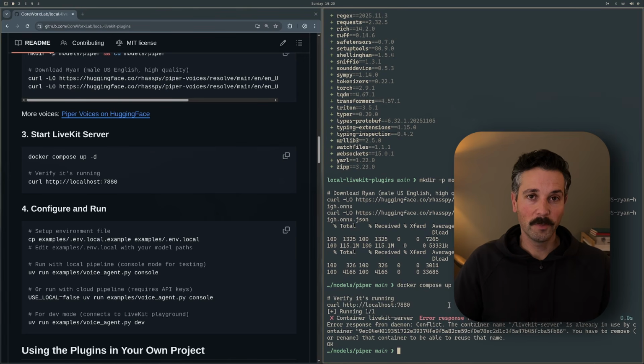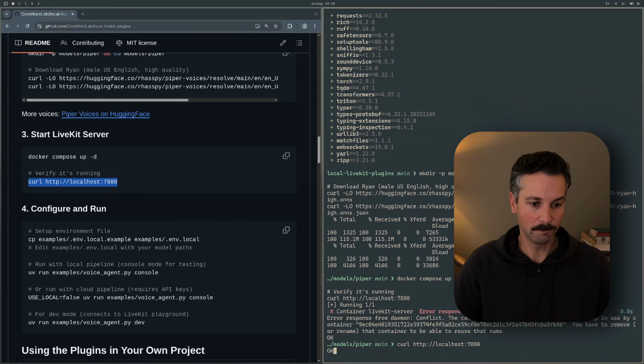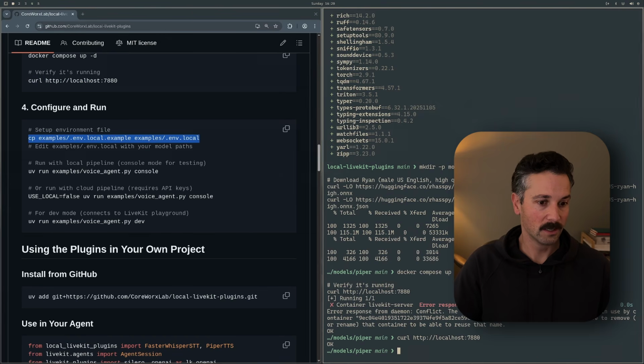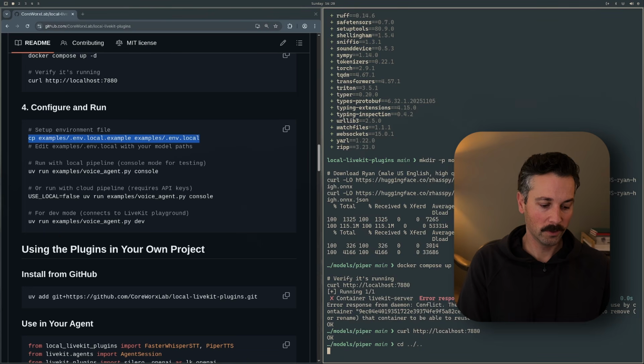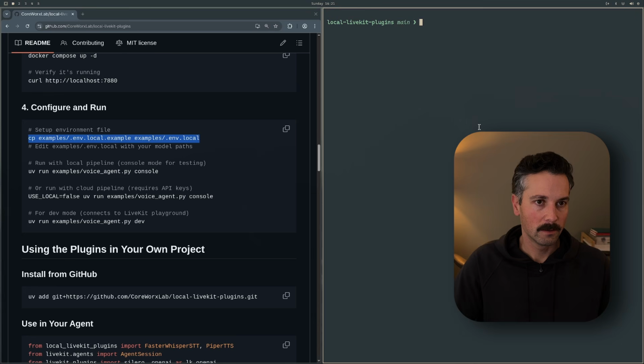So mine throws an error because my LiveKit server is already running with the same name, but this OK is from the curl command checking to see if the server is up, and it is up. Next thing we want to do is get the configuration. So we copy this examples environment variable file into our own environment variable file, and we'll go back to the main folder and run that command. And then we'll clear the screen and we can open up that file to see what's going on